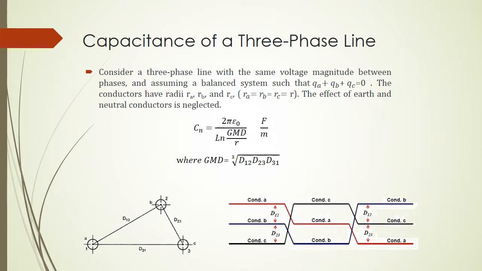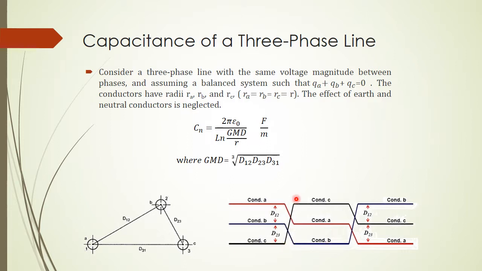The conductors have different radii RA, RB, and RC, but now we assume that they equal R, and the effect of the earth is neglected. In this case, the capacitance of each line is not the same,